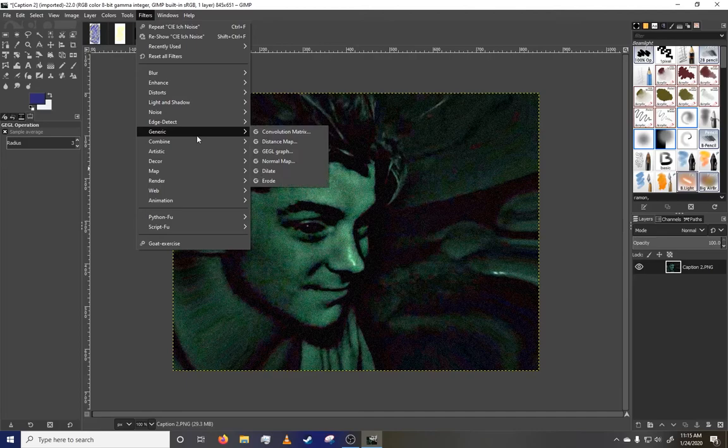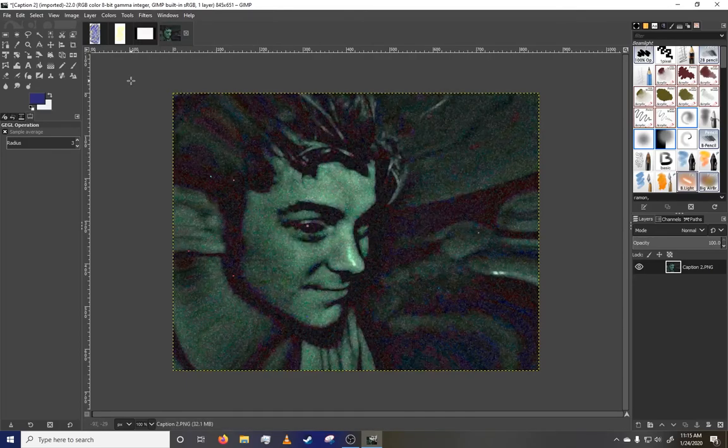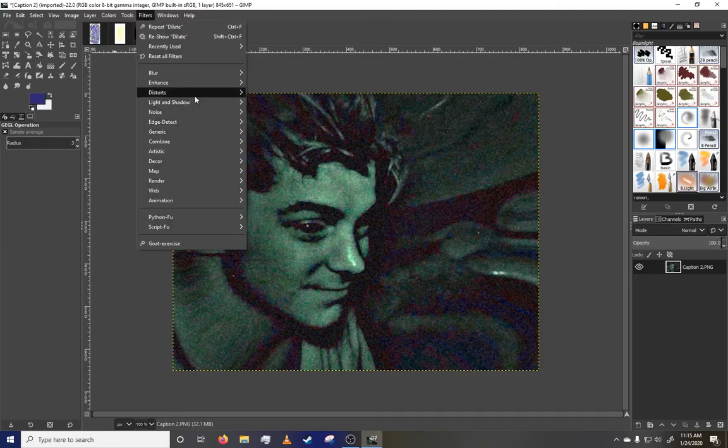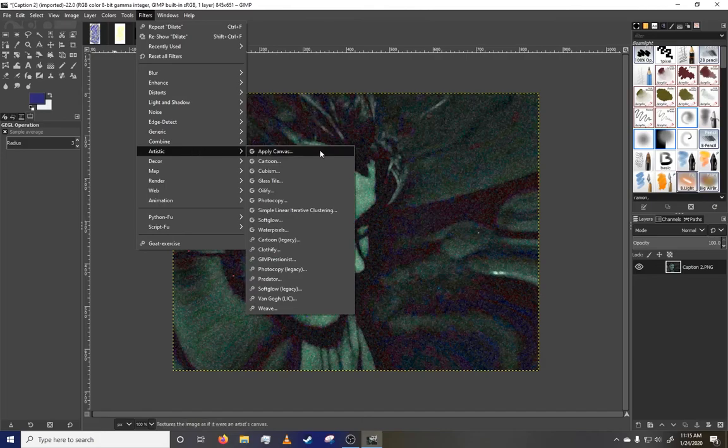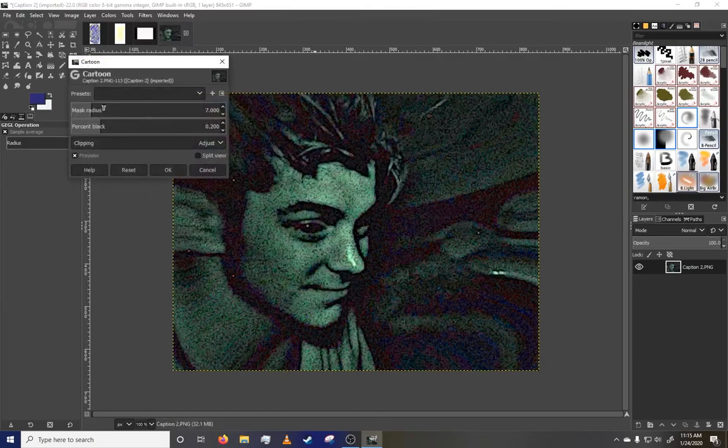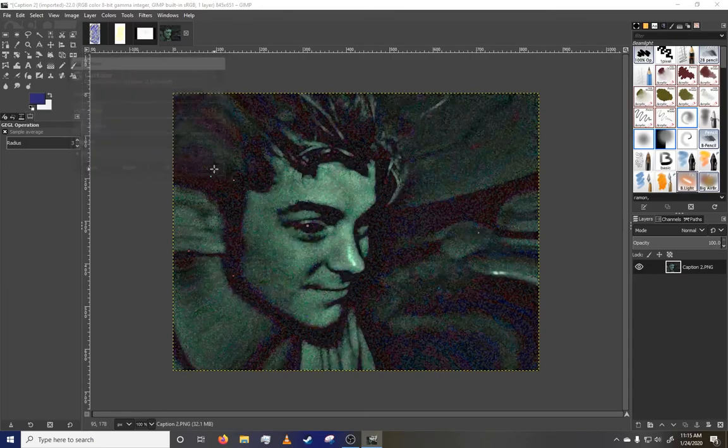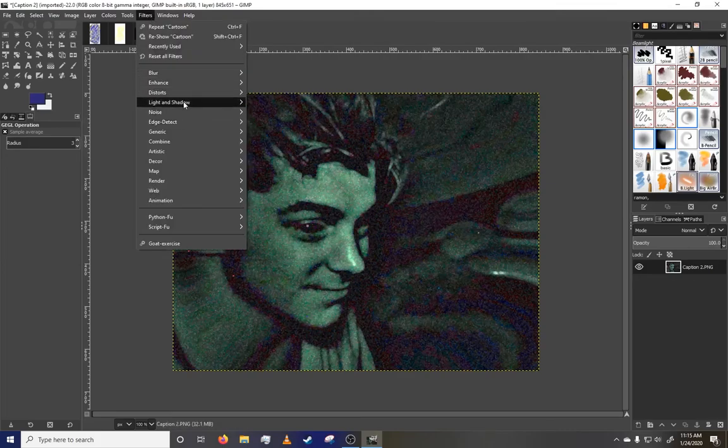So edge detect, generic, dilate, erode. You can do all sorts of things on this. You can put a gazillion filters on this and just keep going. Artistic, if you want to make something look more cartoony. That doesn't really look cartoony because we just put a gazillion filters on it, but if you had a